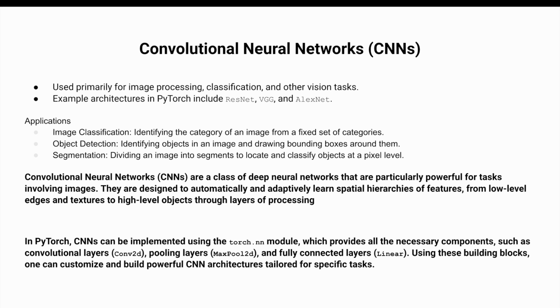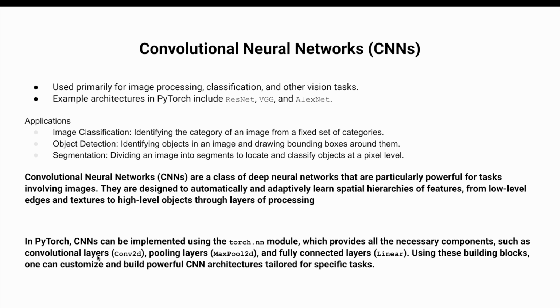This module is one that we are going to see a lot when we start building and training our neural networks. But in PyTorch, CNNs can be implemented using the torch.nn module, which provides all the necessary components